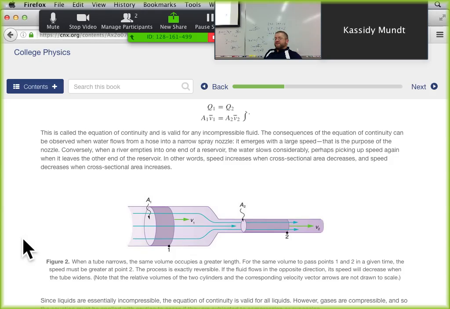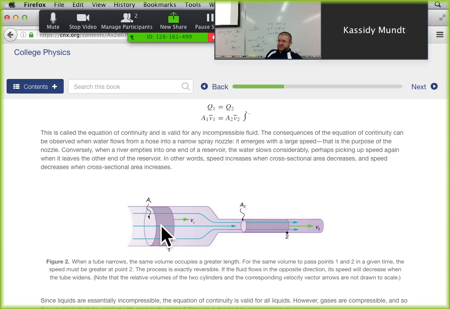If you have a volume in a pipe like this that has a very big radius, and you have this volume that is made up by this little dark purple cylinder here, and it is traveling at some velocity v1 through this big pipe here, and then all of a sudden it encounters a much smaller pipe, what's going to happen? Remember, this is not compressible.